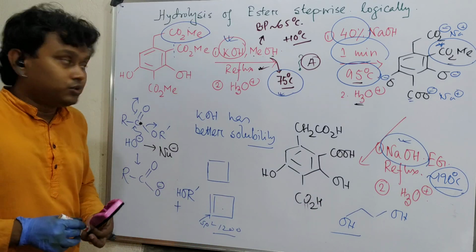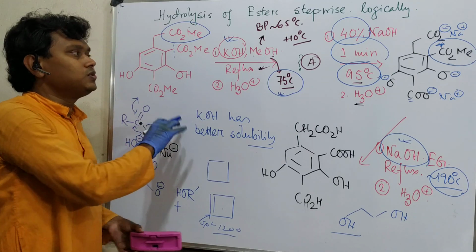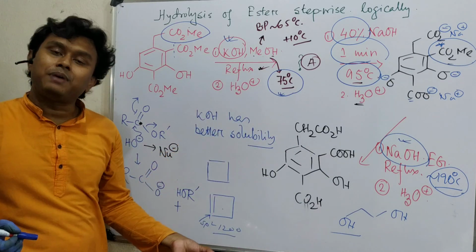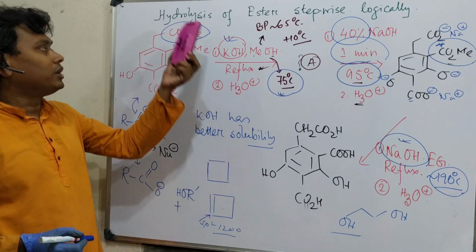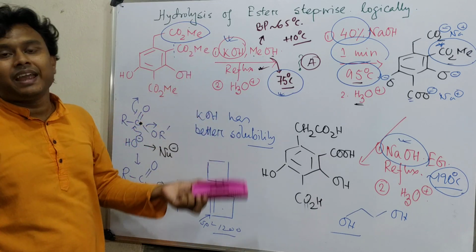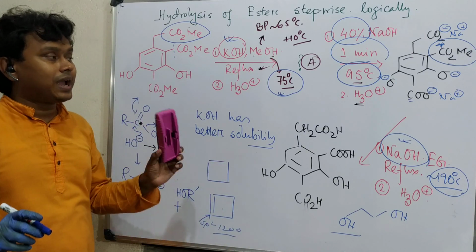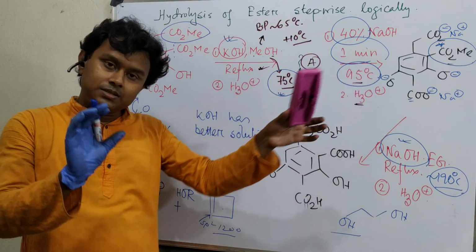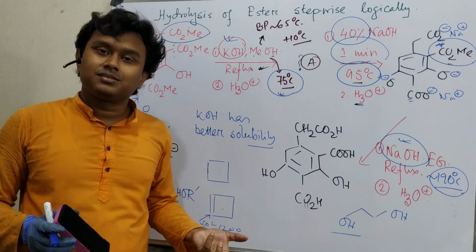So what have you learned today? We have learned today about ester hydrolysis of different carboxyl groups present in the same molecule, how this is happening, and second, why their reactivity pattern is different, and which one will be hydrolyzed first, which one will be second, and which one will be third. Point-wise: aliphatic, then less bulky, and at the end the ultimate one, there is no other option. So in this way the reaction will proceed, and always keep it in mind, you can write CO2H when H3O plus is written. If it is not written, please be careful, think and answer, because otherwise you may lose some marks in the exam.